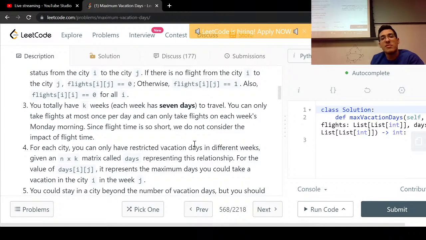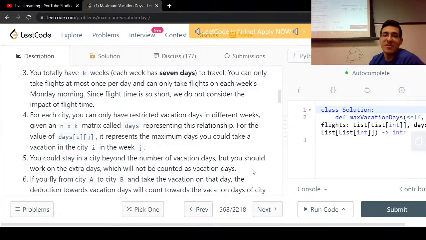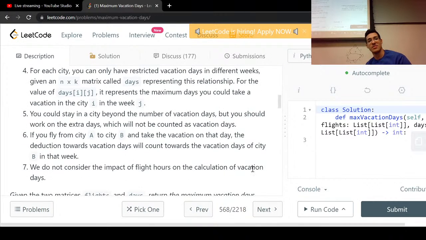Status from city I to city J. If there is no flight from city I to city J, flights[i][j] equals 0. Otherwise, flights[i][j] is equal to 1. Also, flights[i][i] equals 0 for all i. You have K weeks in total, each with 7 days to travel. You can only take flights at most once per day, and can only take flights on each week's Monday morning. Since flight time is so short, we do not consider